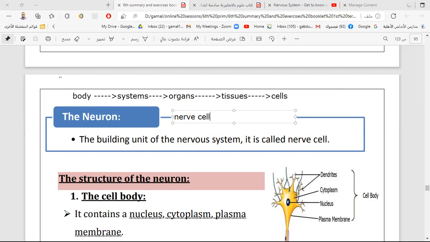Okay, but I have a question. Yes, quickly. Are cells made from atoms? No. We are not talking about matter. Matter is made of molecules and atoms. But now we are talking about the body of living organisms. If you are talking about matter, the smallest building units of matter are molecules and atoms.